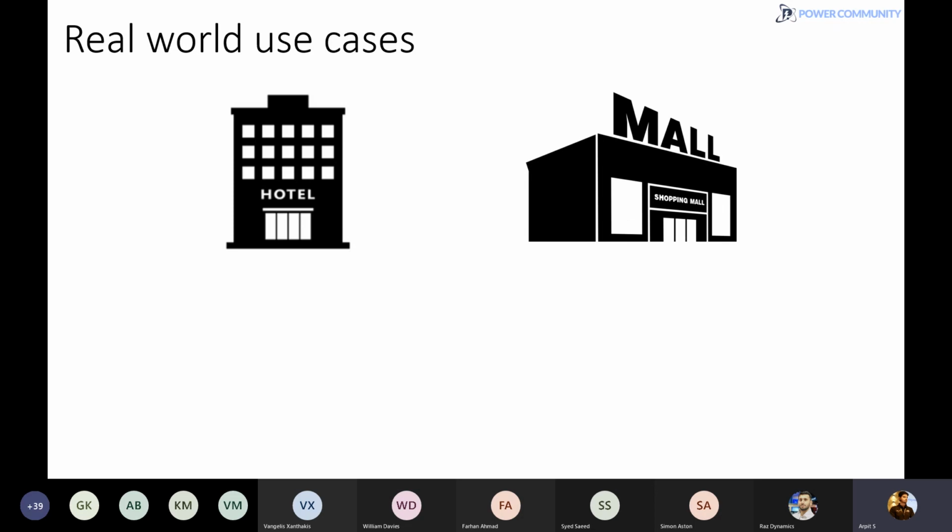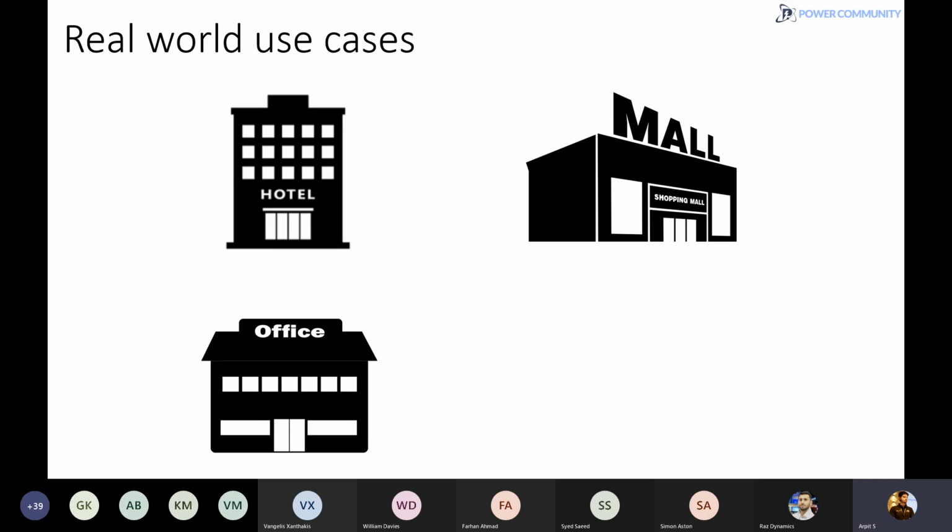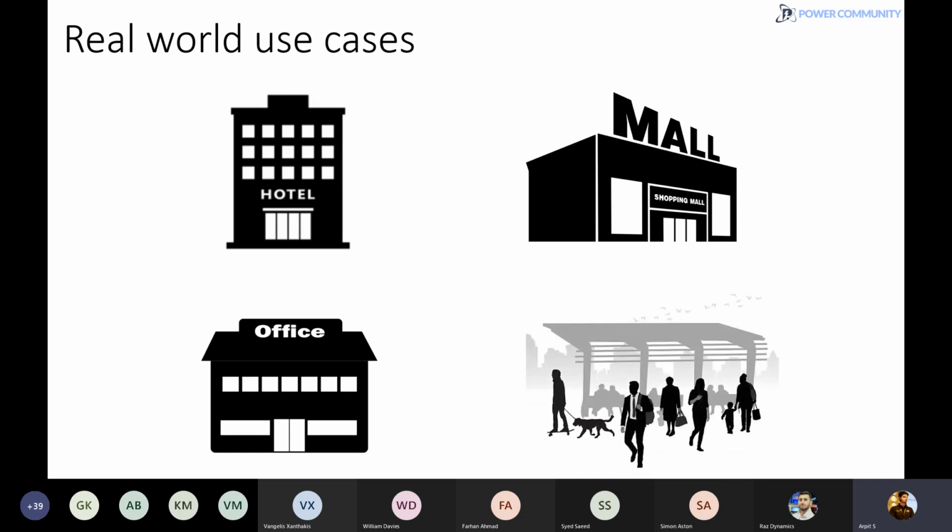We can use it in malls, if you're going to a shopping complex or theaters and you lose some items there, then you can utilize this app there as well. In offices, in your organization, you might leave some items in your office premises. And you might also leave your items in public places, maybe at the bus stop, in the street, or in the park. So there are many real-world scenarios where you can use this lost and found process.